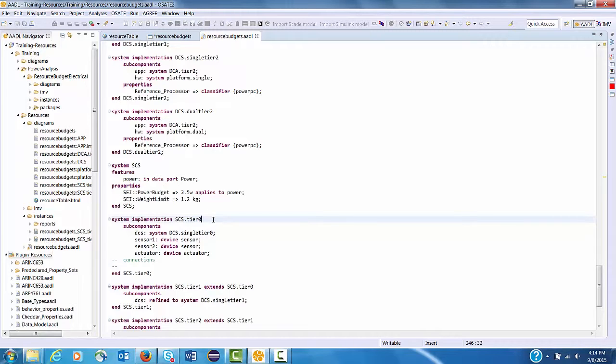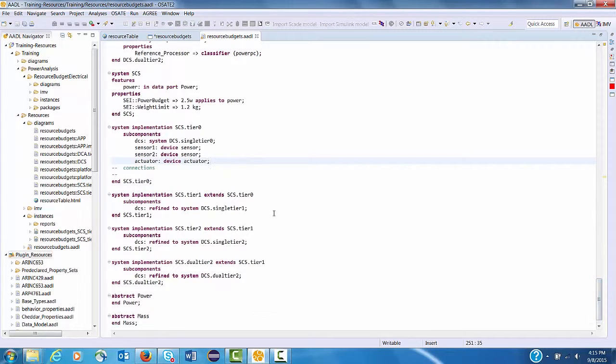So I said before when we were looking at the diagram, the sensor control system consisted of a number of subcomponents. One of them is the digital control system. Another is the sensors that are part of the system and the actuator. When we looked at the diagram, there was one sensor, but in this particular implementation, there will actually be two sensors, each of them of the device sensor type. The other implementations of SCS expanded along with the different versions of DCS or DCS implementations that are built above